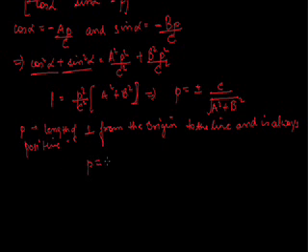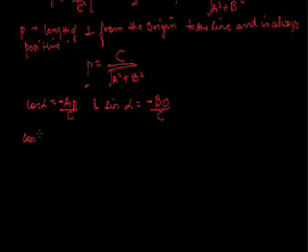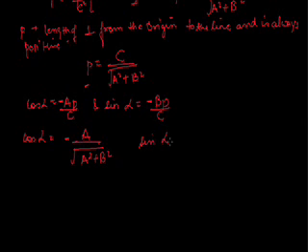So I can say that, taking only the positive sign, p is equal to c upon root of a square plus b square. Now putting this value of p in cos alpha is equal to minus a upon p by c, and sin alpha is equal to minus b p upon c, I'll be getting cos alpha is equal to minus a upon root of a square plus b square, and sin alpha is equal to minus b upon root of a square plus b square.